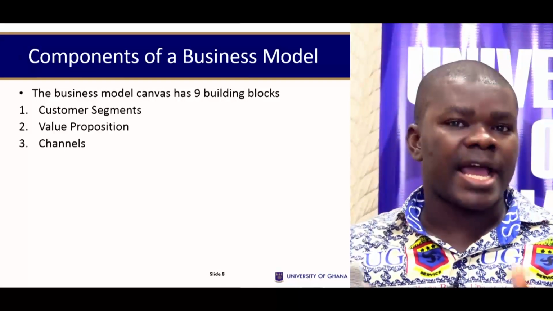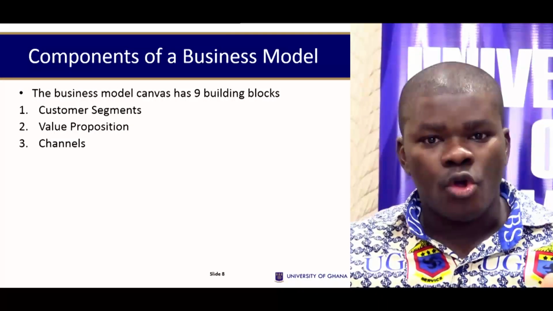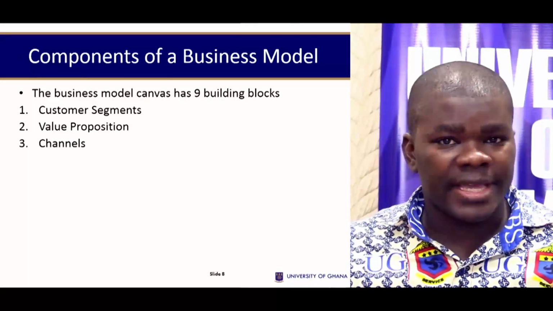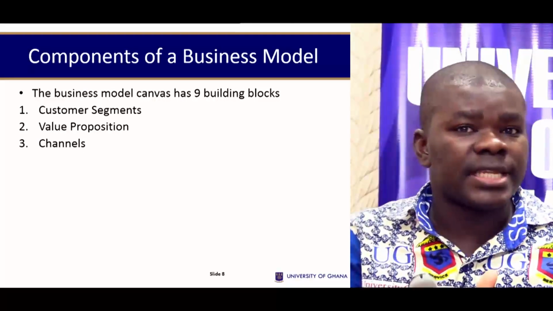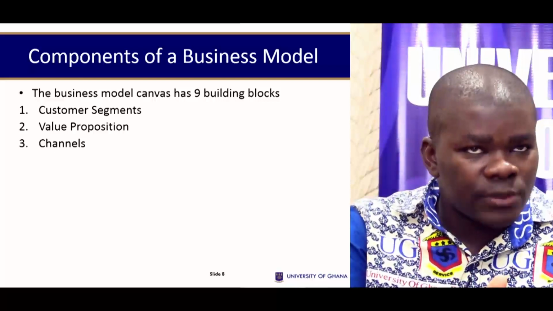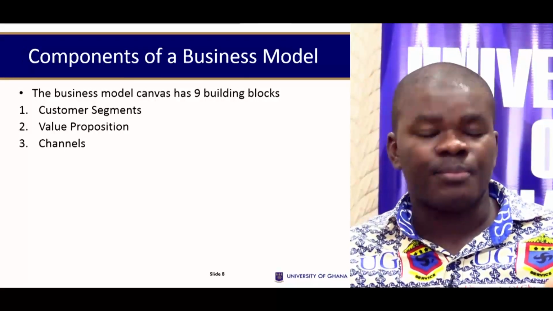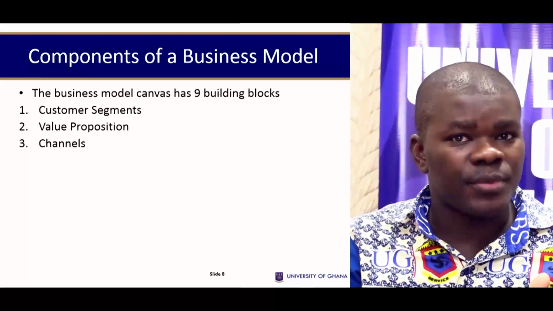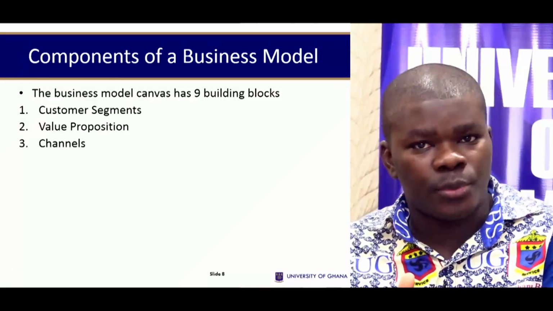So if you are selling cars, or if you are producing shoes, or you are producing shito, or you are producing gari, packaged gari, or you are producing granules, whatever it is, how are you going to sell it, or are you going to deliver it, or how are you going to distribute it to these customers that you have served? Based on the value proposition that you have promised to them, you should find a channel that corresponds to the value proposition.